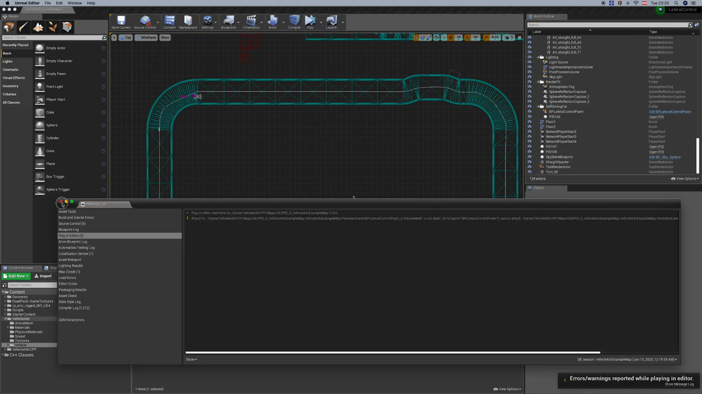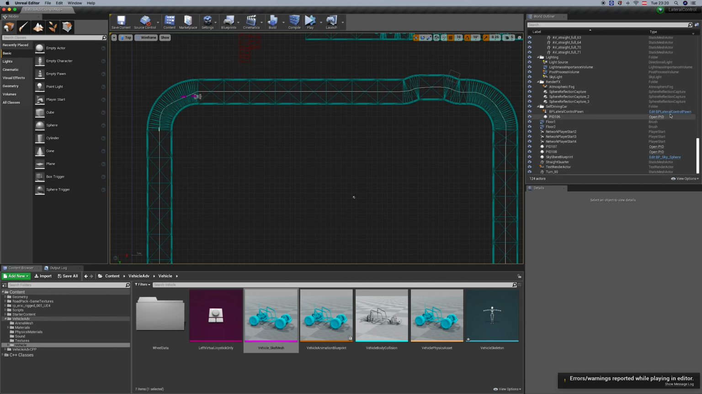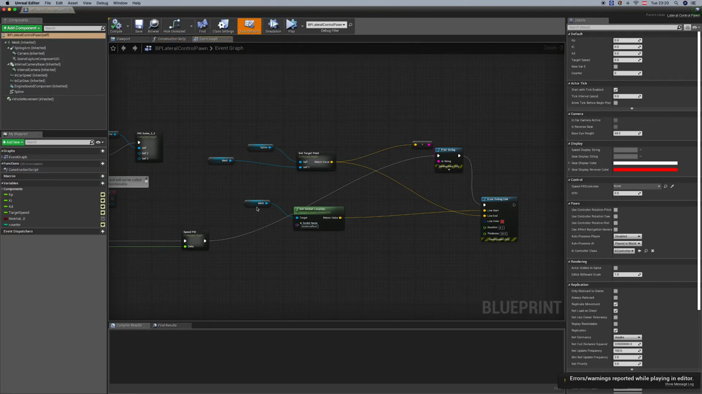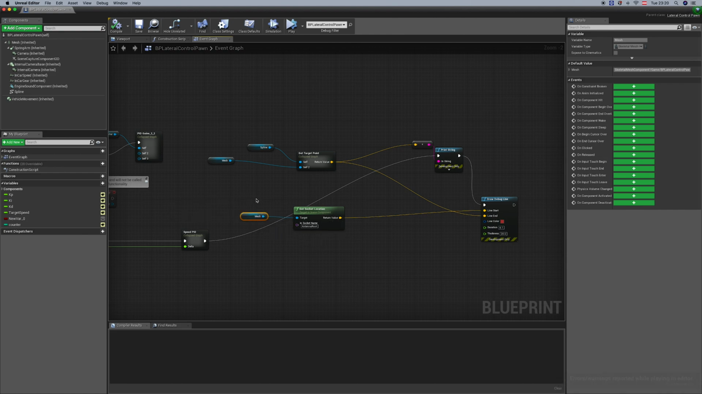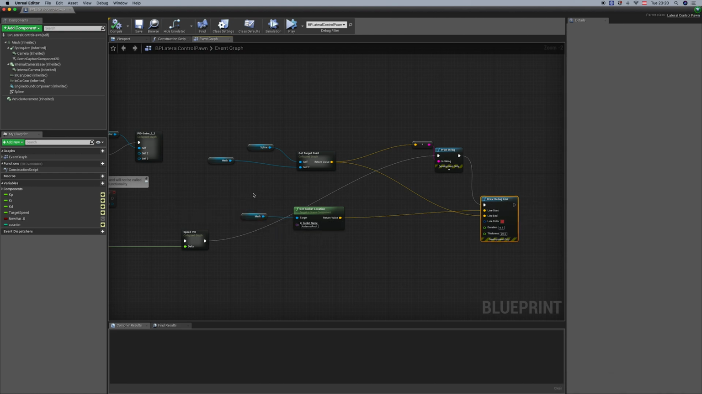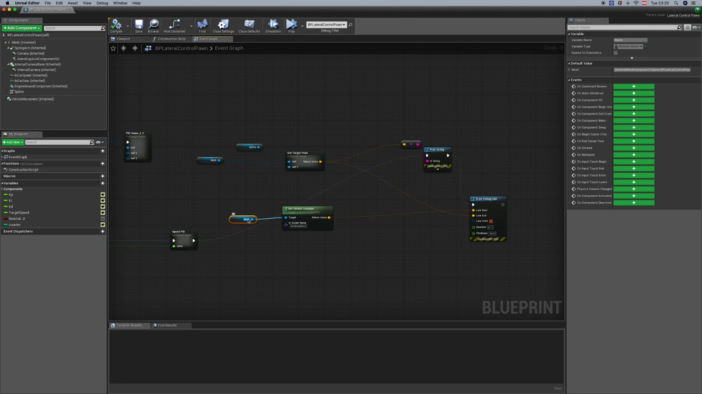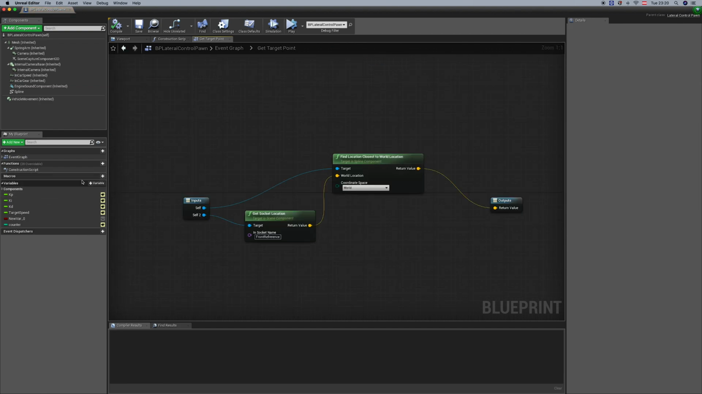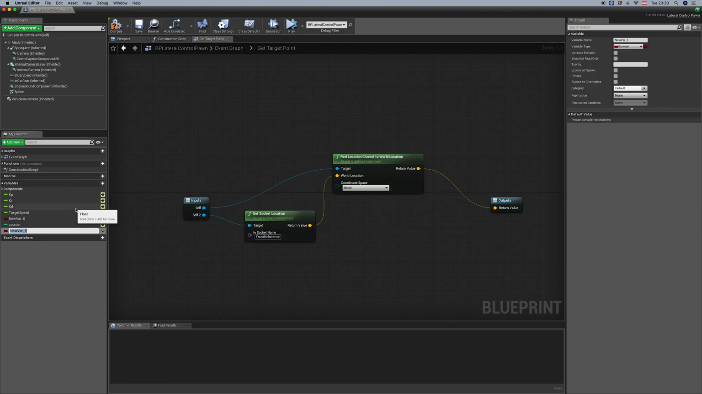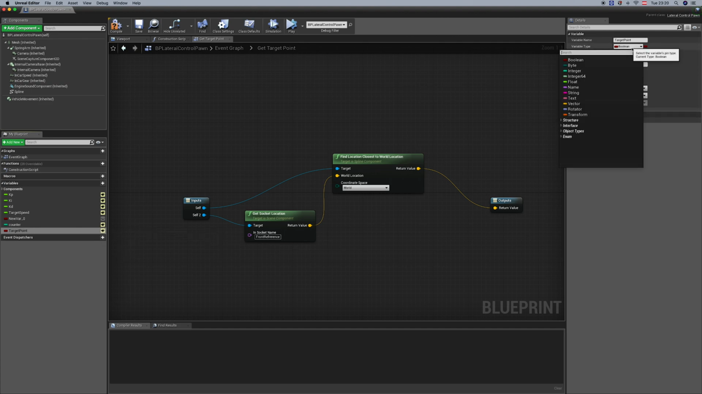Okay, so this is basically now the head vector. So what we have done here, we get the head vector. So I want to store now these vectors and these points to use them in other parts of that code. So the first thing to do is let's create a variable here. I want to call this variable the target point. Whether it's public or not is not that important here because we're using it within the vehicle. It is a vector,